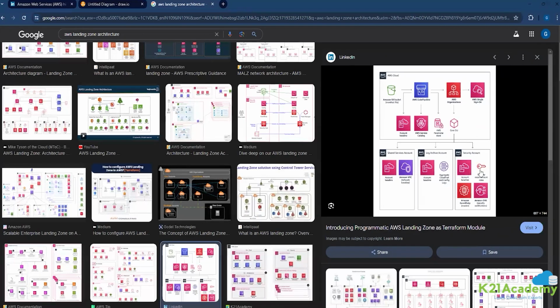Services like KMS and IAM are stored in a different account. And the services that manage all these accounts, like AWS Organizations, SSO, your DevOps pipelines, and management groups, are stored in the primary or main management account. So this is what a landing zone is.